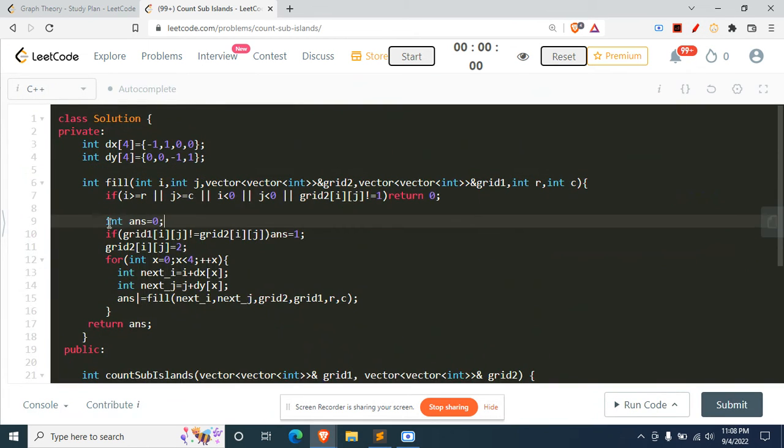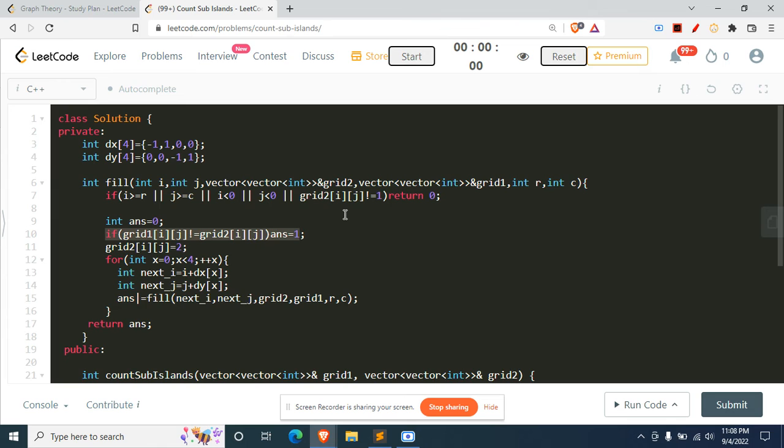Okay, so now let's just see the code. So this is the case that we are checking, that is, is it in bounds? That means, am I not going out of the matrix? If we are going out of the matrix, we just return a 0. And also, what did I say? That if it has already been visited, what do we say? We just return a 0. Okay, so those are the things that we need to just take care of. Also,